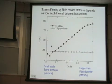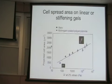So if you have something that pulls a little, and you put it on two materials, for example, a strain-stiffening fibrin gel and a linear polyacrylamide gel, if you formulate those gels so they have the same linear elastic modulus, a weak cell like a neuron will see them both as soft. But a hard-pulling cell that puts a large deformation on these materials will still see the acrylamide gel as soft because it's linear. Its elastic modulus is the same all the time. But if it pulls far enough to engage the strain stiffening regime in the nonlinear gels, it'll see these as stiff. That's at least the hypothesis. And this is both, I think, borne out by experiments, and it's also a bit of a problem for our attempts to use them